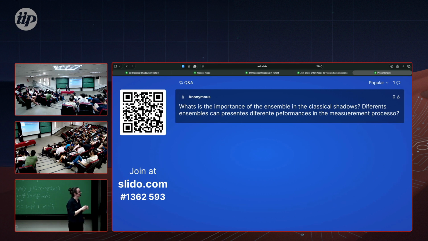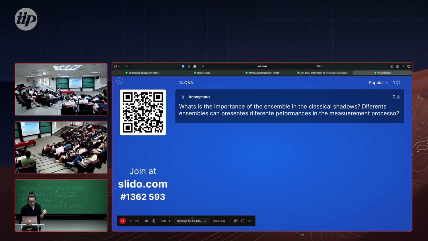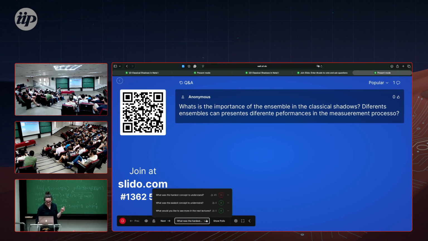And these are an ensemble that we don't even need a randomization process in anymore. So the calculations even get a bit different in looking at the classical shadow protocol. So again, yes, looking at different ensembles leads to different performances. And we will see this difference very prominently when looking at the global Clifford ensemble on multi-qubits and the local Clifford measurements on multi-qubits. Very good question. Thank you for that. Okay, next one.